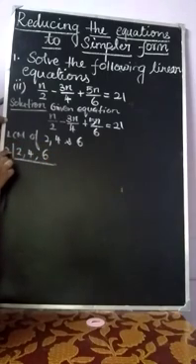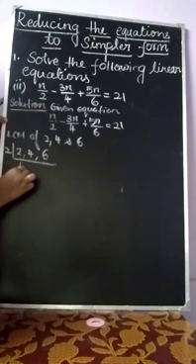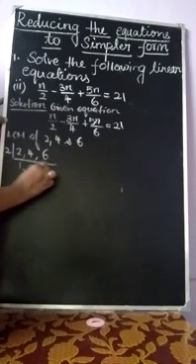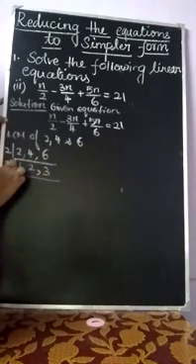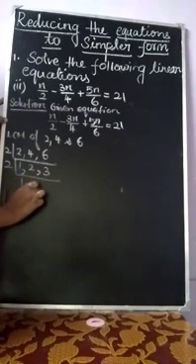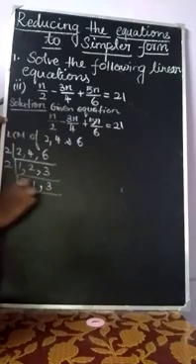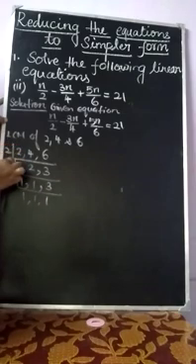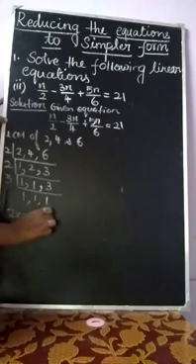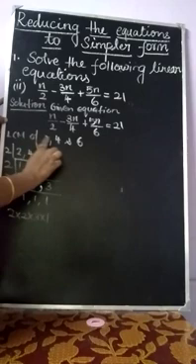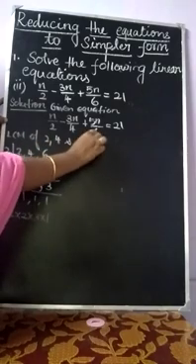First select the least divisor, that is 2. 2 1s are 2, 2 2s are 4, 2 3s are 6. Again choose the value 2. So 2 1s are 2. We can't divide the value 3, no, so directly write the value 3. Next select the divisor 3. So 3 1s are 3. Now we multiply the value 2 into 2 into 3 into 1. What is the value? 2 2s are 4, 4 3s are 12. So LCM of 2, 4 and 6 is 12 only.